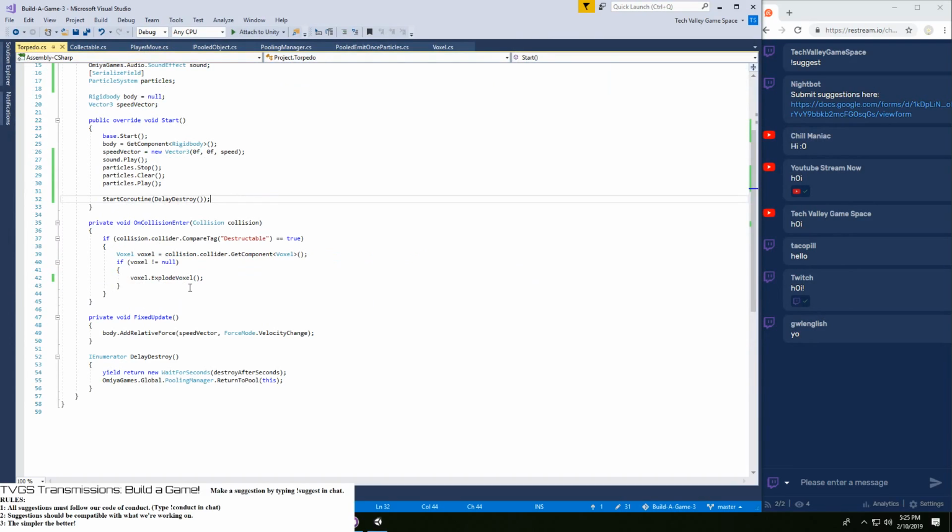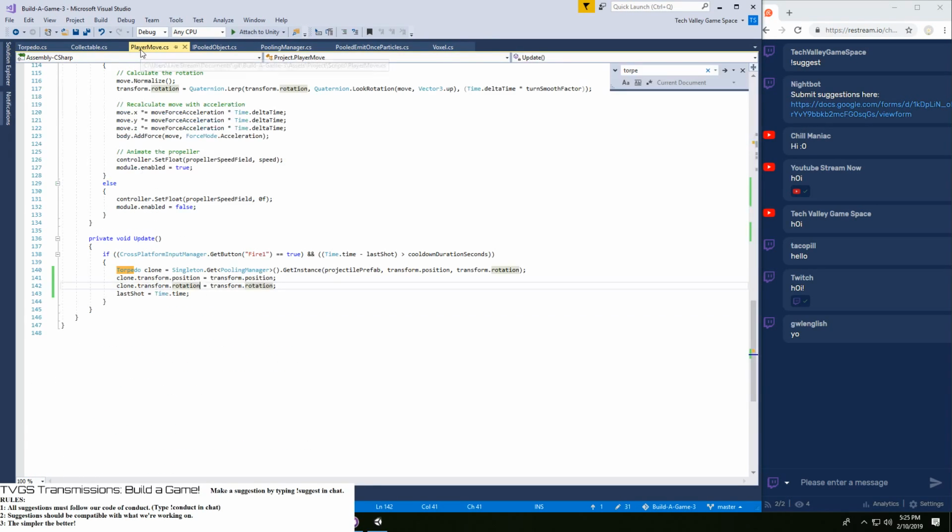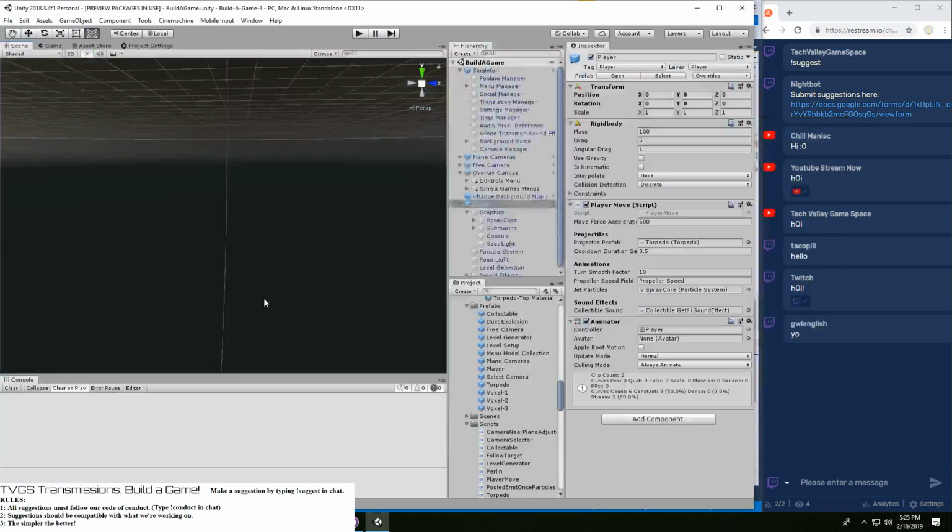So something inside the torpedo script is not correct. Alternatively, it's not generating, so where's the player? Yeah.